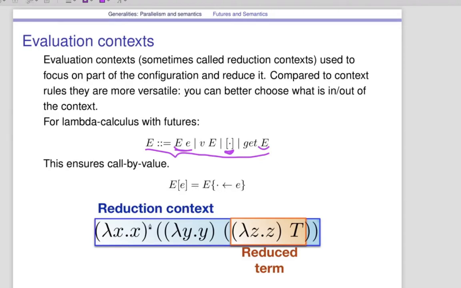So if you have a look at a classical lambda calculus term, this allows you to split the term into the blue part, that is a reduction context, and the red part, that is a reduced term. So E here would be this thing, and inside E you would have a big dot here. And the operation of context instantiation will replace the dot by this term.